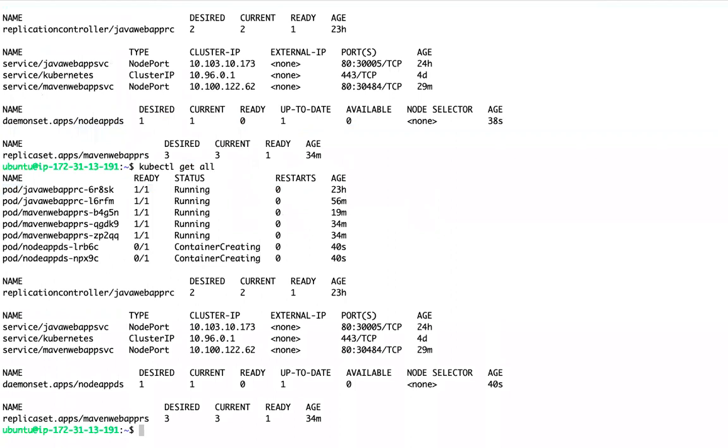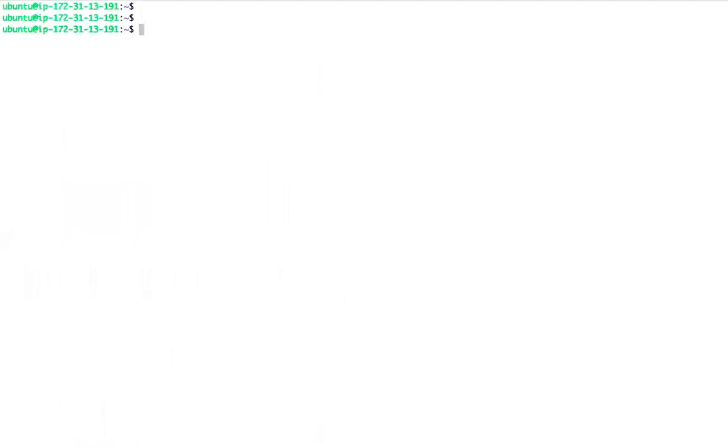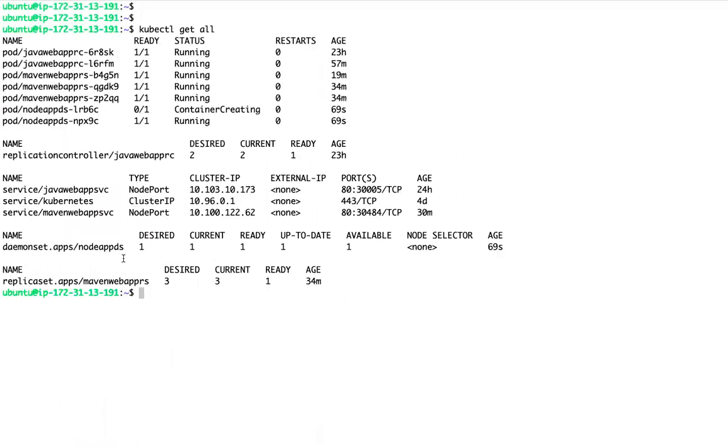Whatever pods we are creating, as of now, are not getting scheduled in the master, because the master node has a taint and our pods are not tolerating that. What is a taint and how to tolerate it, we will discuss in the next classes. Now I have a daemon set also, so these pods will be managed by this daemon set.